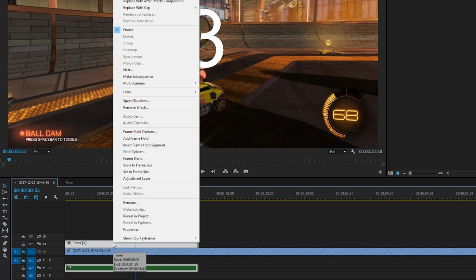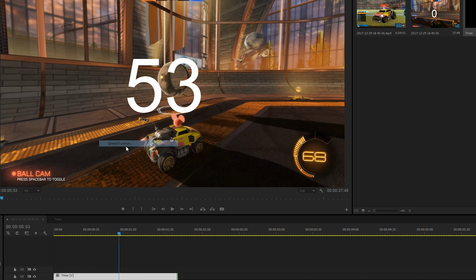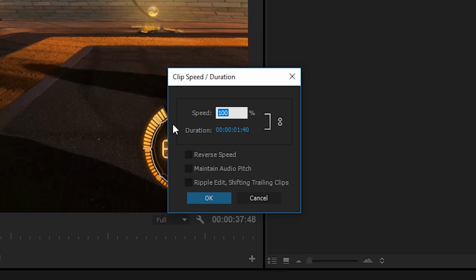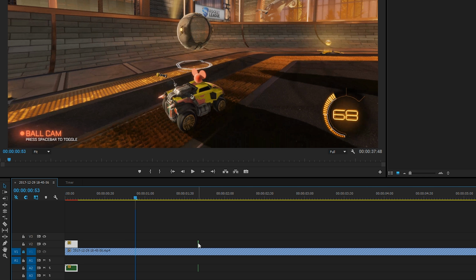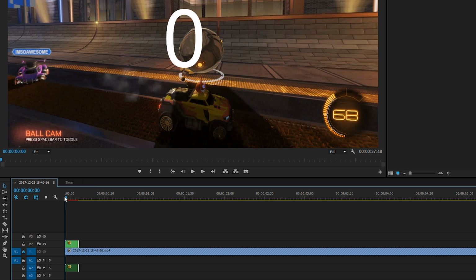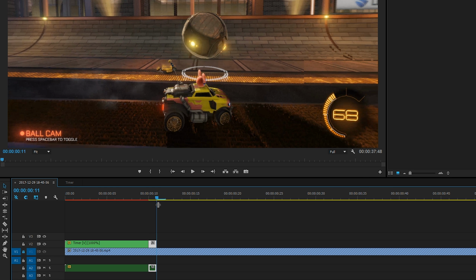Now what I can do here is add a speed effect by going to right click, going to speed and duration, and setting whatever speed you want. In this case I'm going to be setting it to 1000, and it's going to count up really quick. And if I bring back my original number, I can put it at the very end so it counts up to 100. And all I have to do then is zoom in on our track,